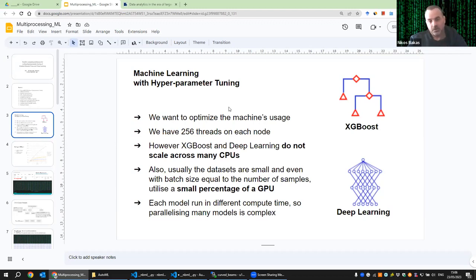Also, if we use only 2 gigabytes, let's say, of a 32 gigabyte GPU, it is meaningless. And of course, other works exist for this. I will focus on CPUs, how we can utilize a big CPU on one node